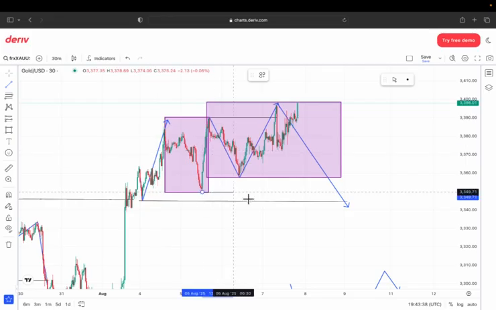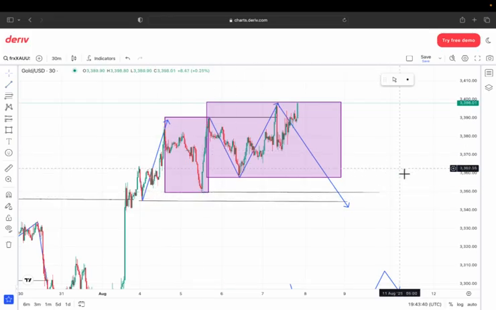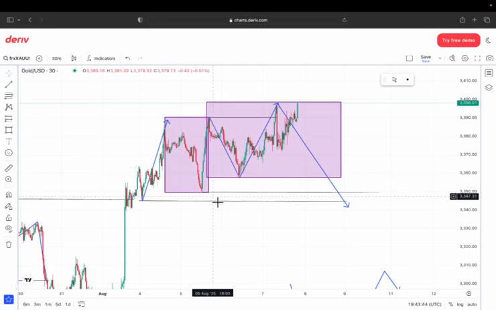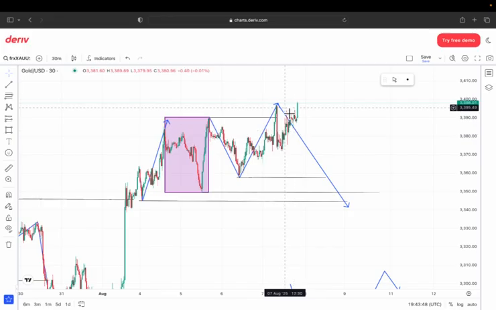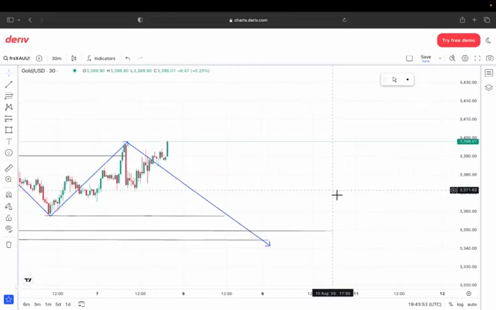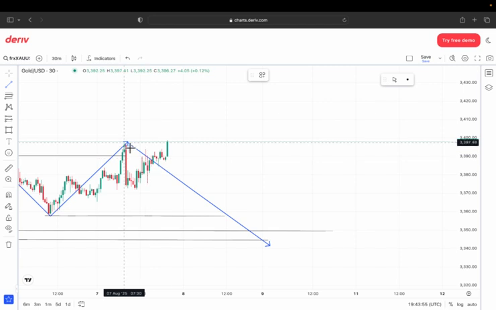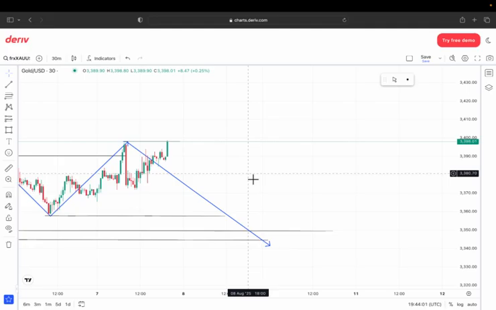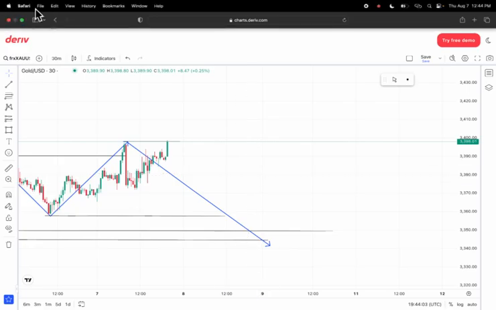This is invalid. So, if you are looking to buy gold from here, it may likely hit your stops. So it is quite invalid. And before we get another break of structure, it should be when price breaks this level over here with the body of the candle. Lest I forget, a break of structure is only valid when price breaks